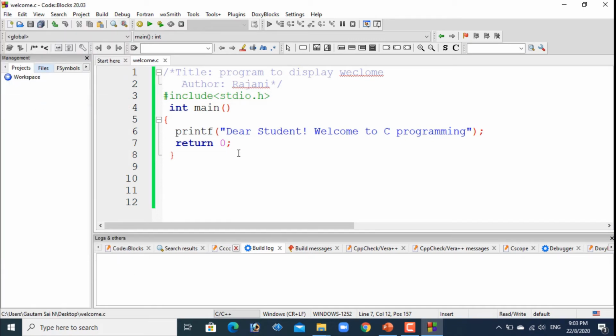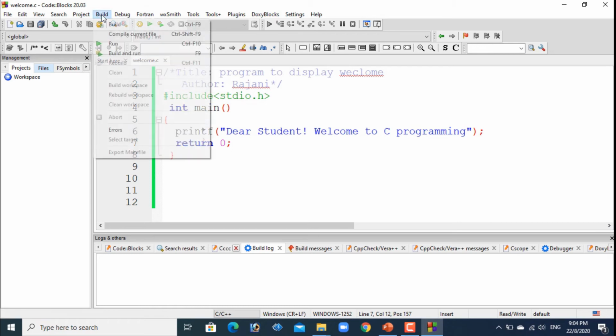Okay. And here itself we can compile the program. We already know that this code is in high level language code which is in English language. We need to translate this program into the machine code which is zeros and ones. For that we need to use compiler. We can get the compiler along with the Code Blocks IDE. When we install IDE, compiler also will be installed.